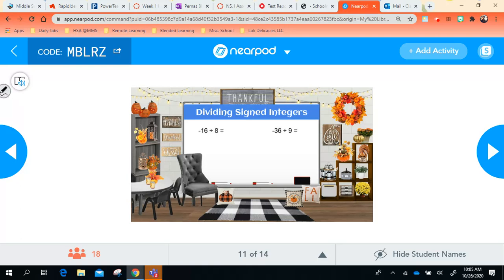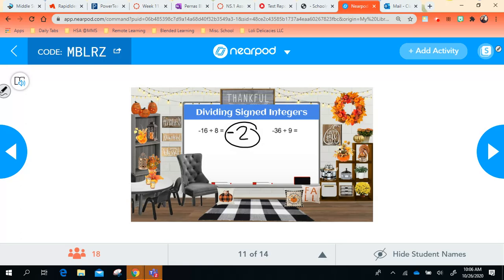Okay, so we've got negative 16 divided by 8. What is a negative divided by a positive? Negative. Marisol's the only one that knows. So what is 16 divided by 8? 8. Try that again. 16 divided by 8. Negative 2. And if you have trouble figuring this out, just like I did with multiplication, I can do